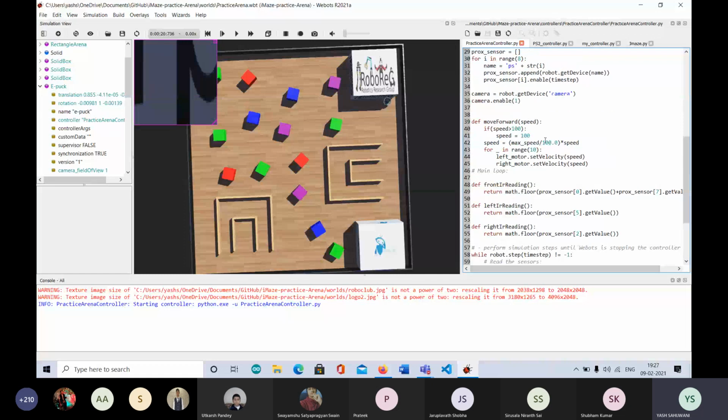There's something known as differential drive. What differential drive does is, for example, if you want to turn left, you make the velocity of the left motor less and the velocity of the right motor more. So the right motor will cover more distance and the left motor will cover less distance. It will form sort of a circle, where the left motor is on the trajectory of the inner radius and the right motor is on the trajectory of the outer radius.